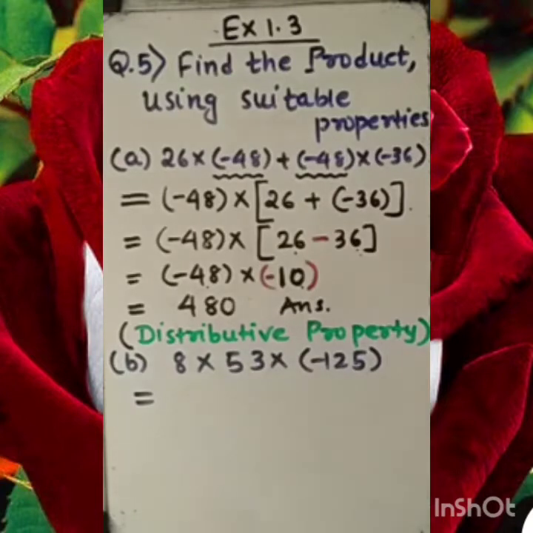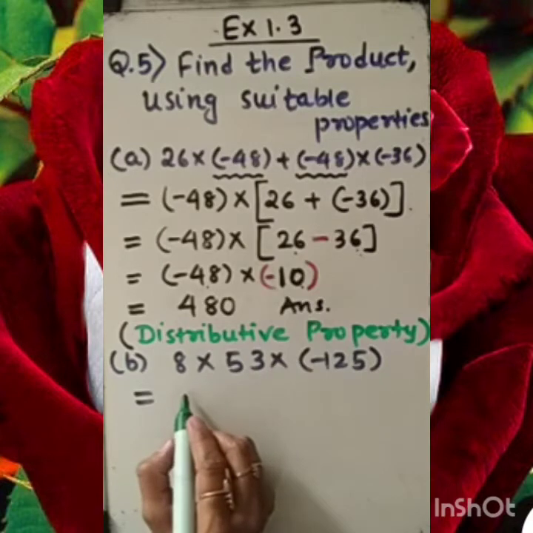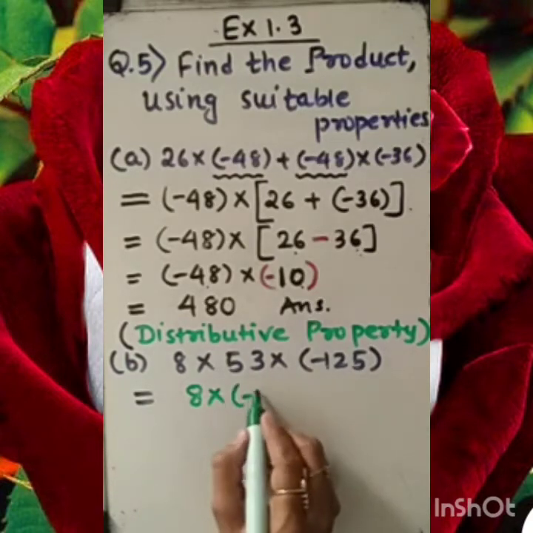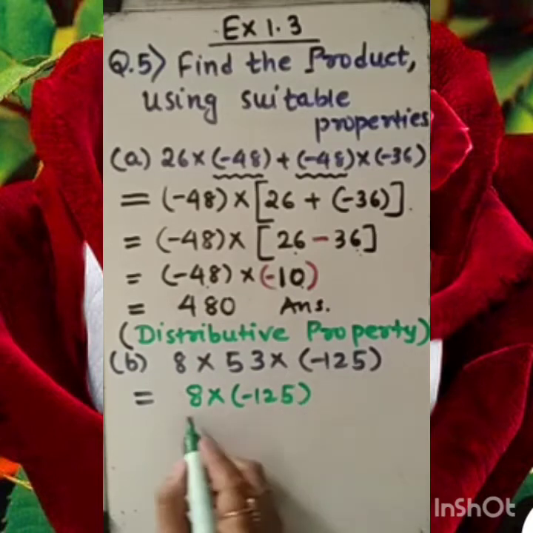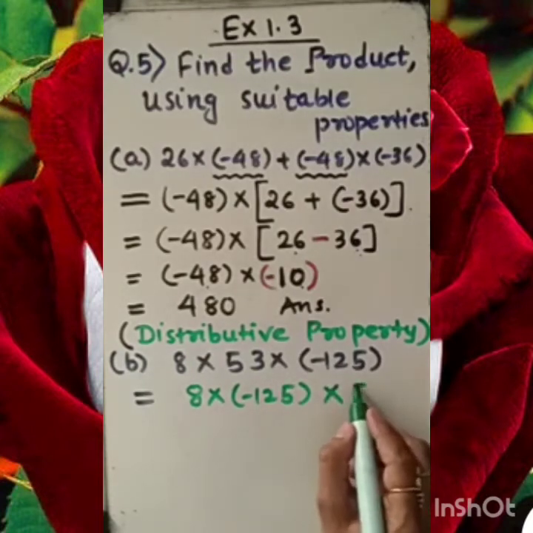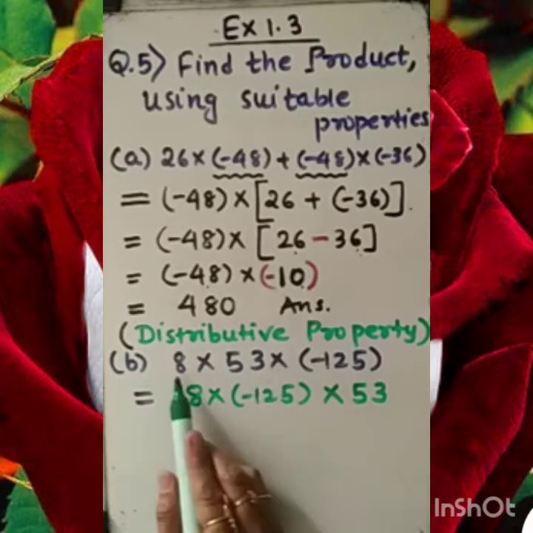Let's have the best friendship. Out of these three, two of them have the best friendship. Which are they? Whom should I keep in the same position? So 8 into minus 25. Their friendship should be the strong one, which also makes it comfortable for the other. The friendship of all three friends is here.